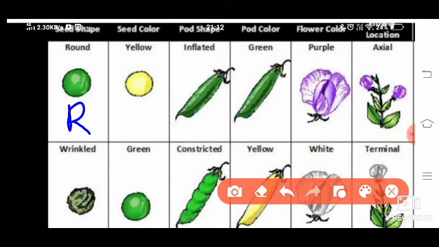Now capital letters we are taking for dominant traits, and small alphabets we are taking for recessive traits. So here round we are giving capital R. Similarly yellow will be given capital Y. Clear? Now for wrinkled they are giving small r, and for green they are not giving G, they are giving small y. So take care, this way only I am taking on the board. Check it again: capital R, capital Y is for dominant trait, small r, small y is for recessive trait.